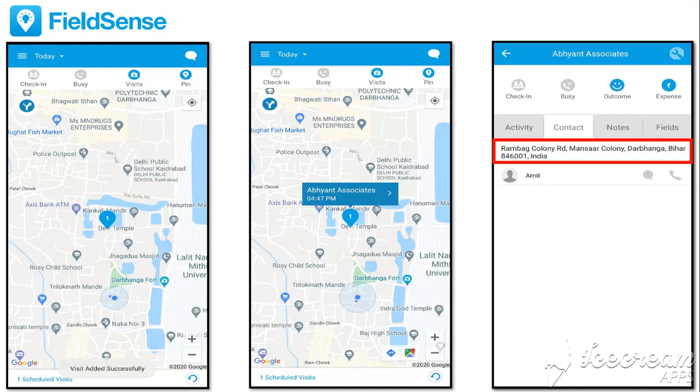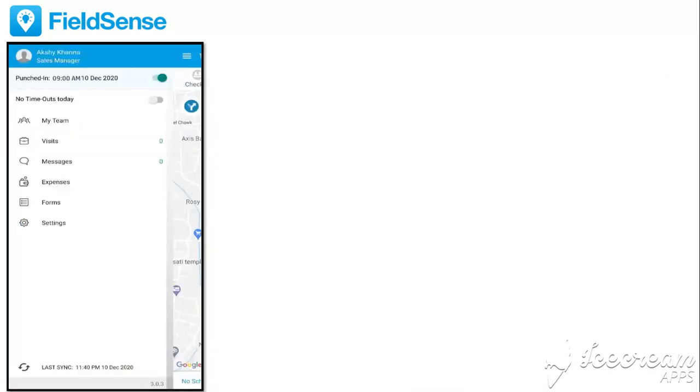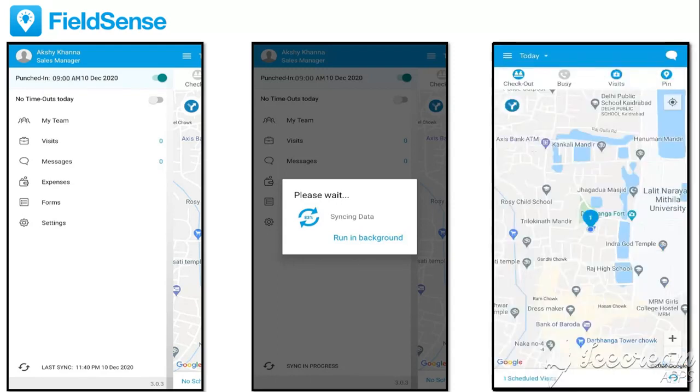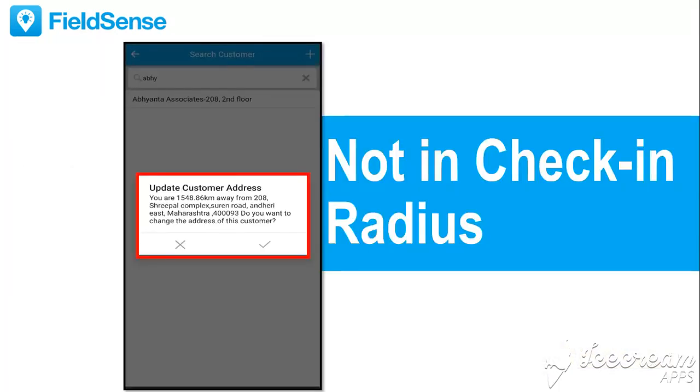Once they inform you the address is updated, you need to click here to update the thing. So the saved address on the web will get updated on your app as well. And then if you try to check in after completing the sync, you will be able to successfully check in.